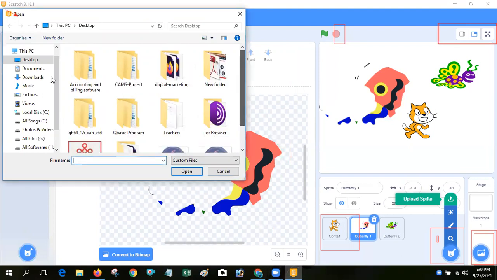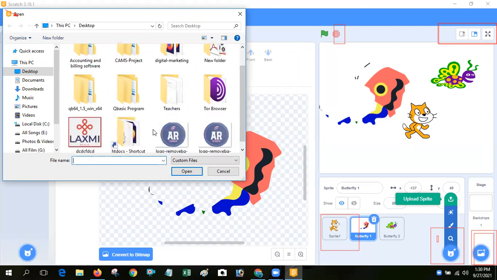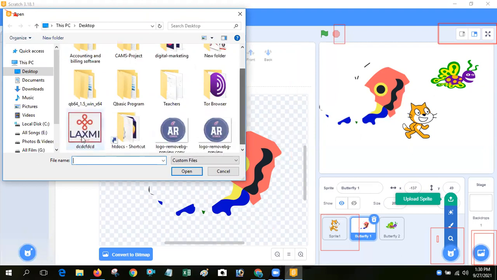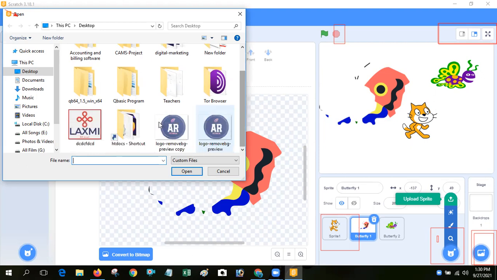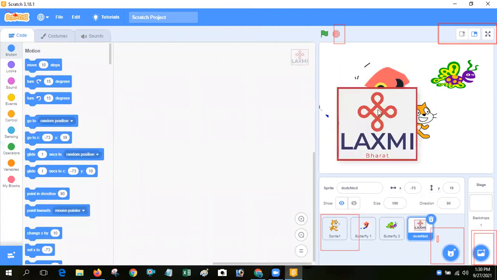I have no sprite file saved in my computer, so I can't do it. But you can add any images, not only shapes. Just like this, I have to insert this image. Just double click on it. Just a minute, you can see.